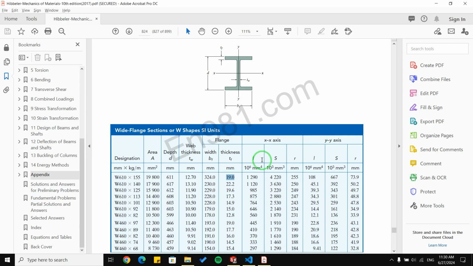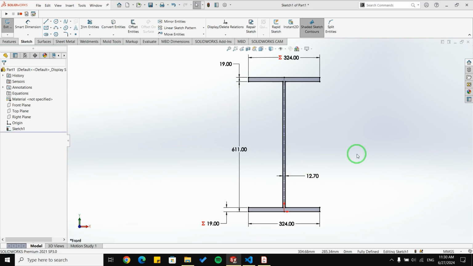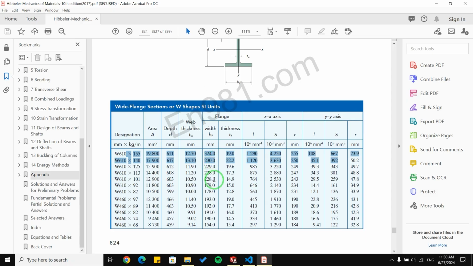As you can see, we have the first row in SolidWorks now. So now we can edit them according to these numbers.